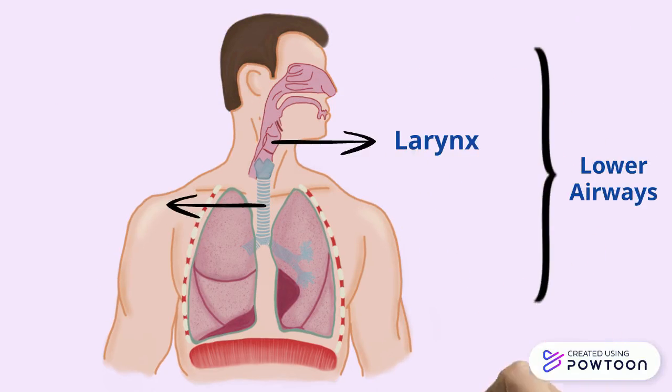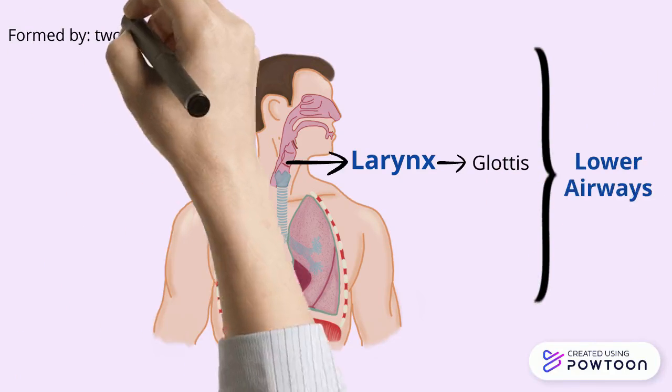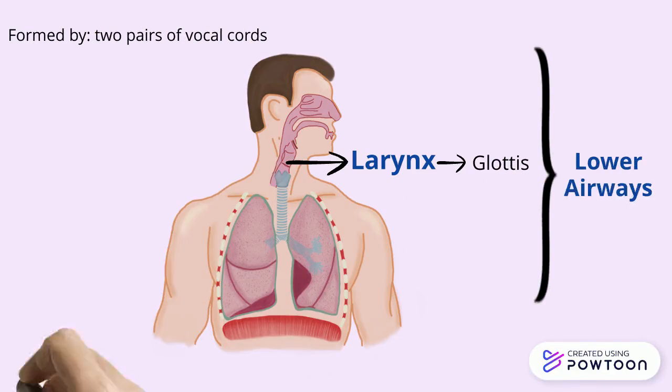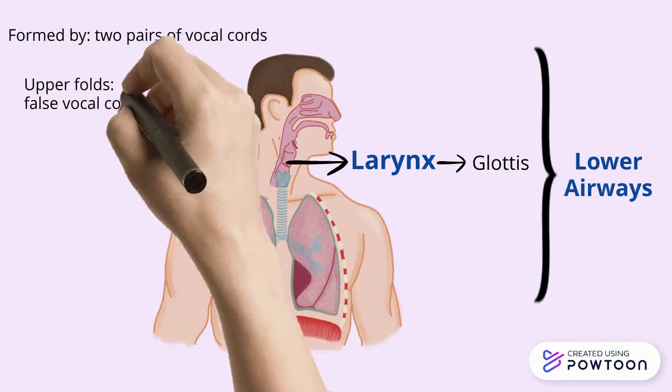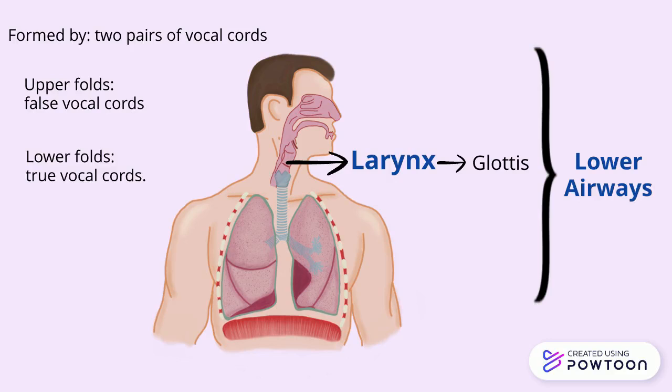Lower airways, larynx, trachea, and bronchi. The larynx has a region called the glottis, formed by two pairs of folds or vocal cords, the upper folds being the false vocal cords and the lower folds the true vocal cords. The true vocal folds are responsible for the emission of sounds proper to speech by vibrating when the exhaled air